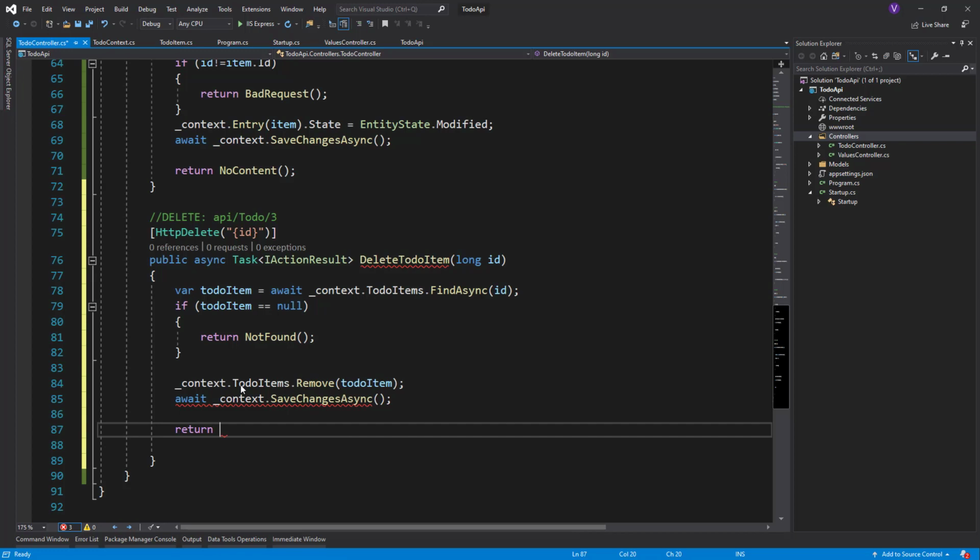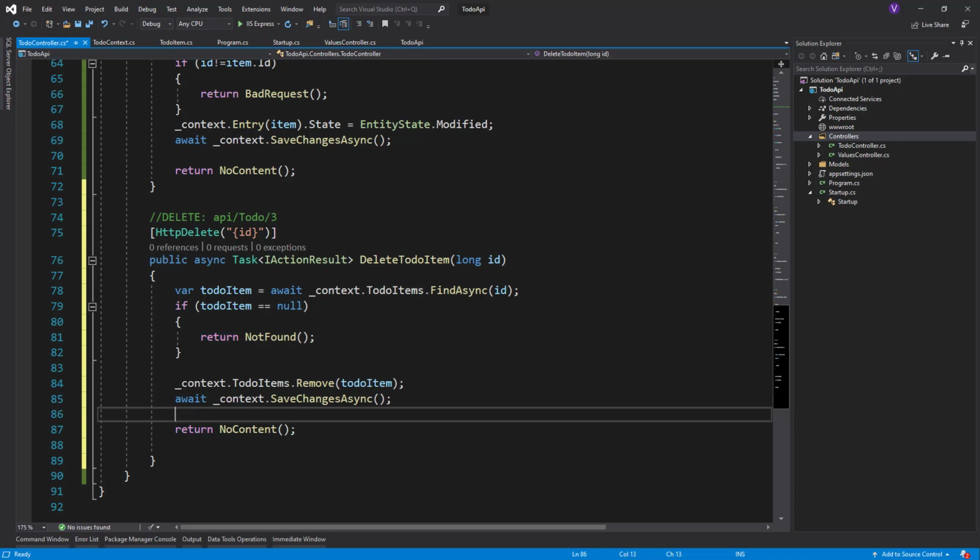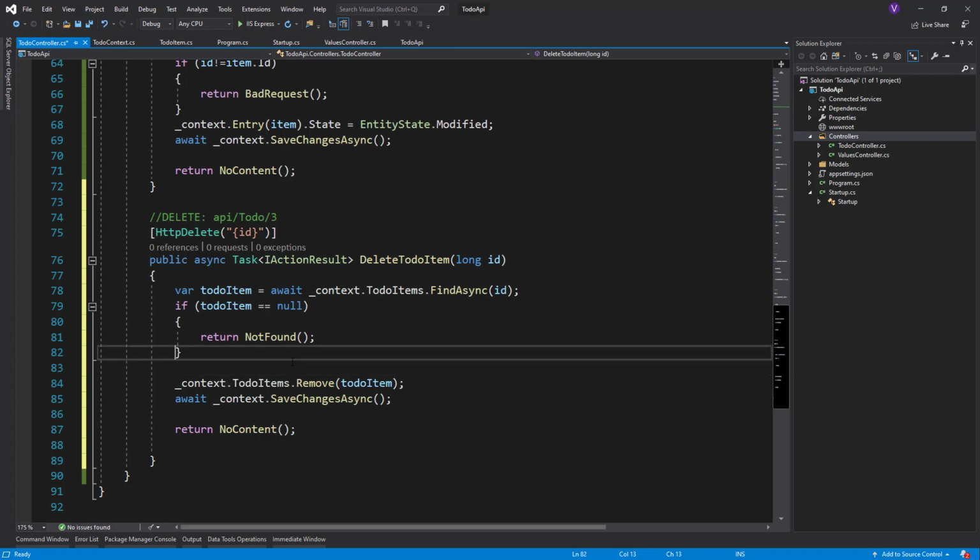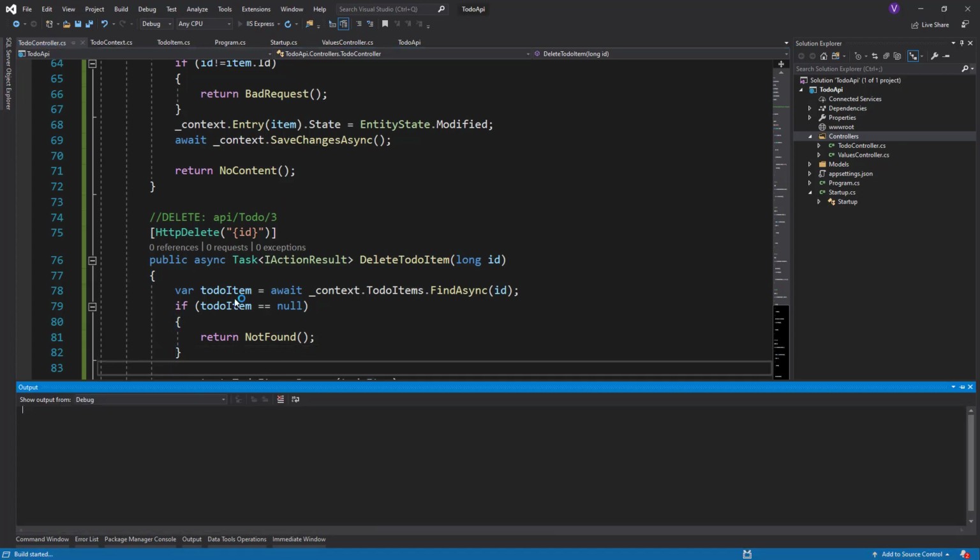And return no content is okay. Everything works, looks okay. So let's try it again. Also this delete method,